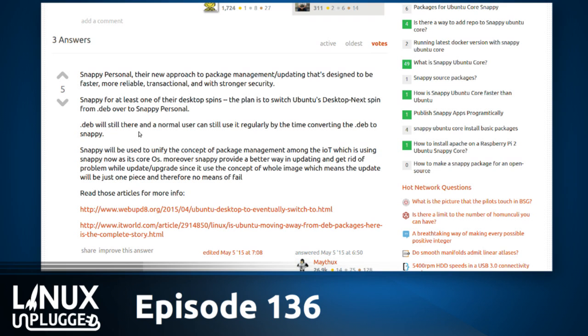So there's Snappy Personal. Their new approach to package management and updating is designed to be faster, more reliable, transactional, with stronger security. Snappy for at least one of the desktop spins, and of course you've got Snappy Core, you've got the phone. They're all using Snap packages. And on a future Ubuntu there's still going to be Deb packages. A lot of the base OS will be using Deb. Snap packages will be used to sort of unify the concept of package management across Internet of Things and desktops